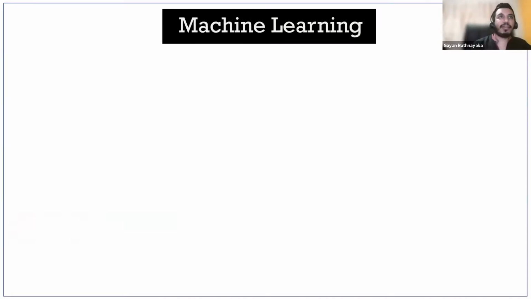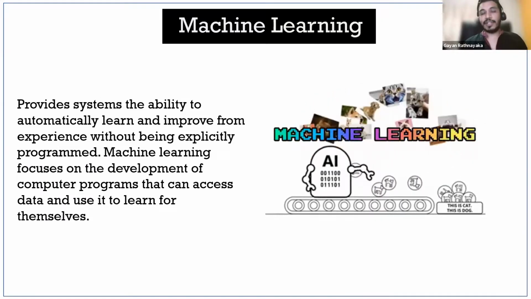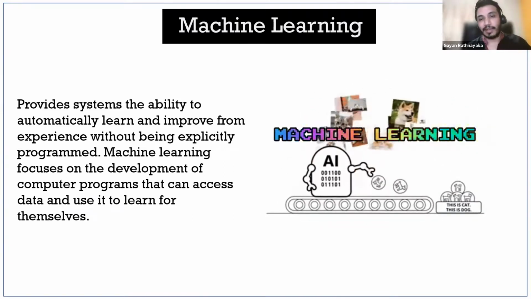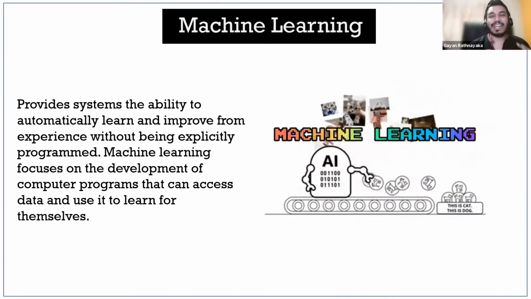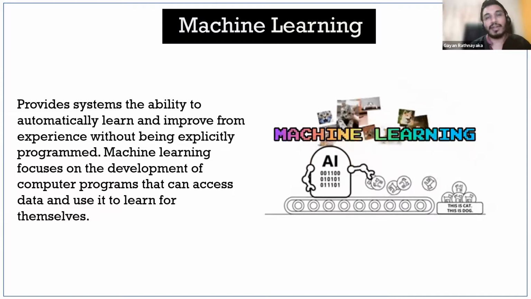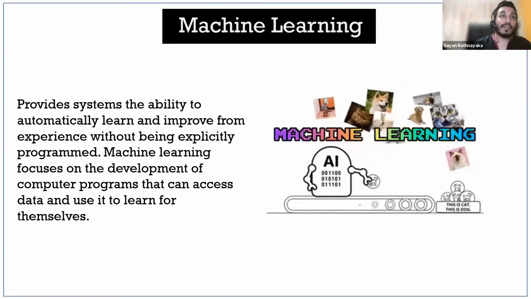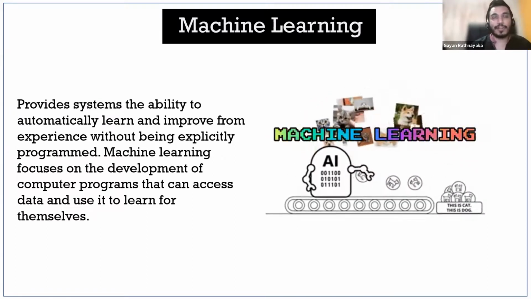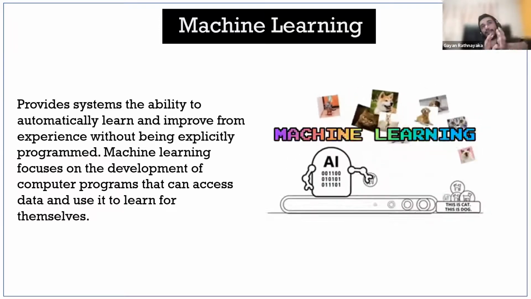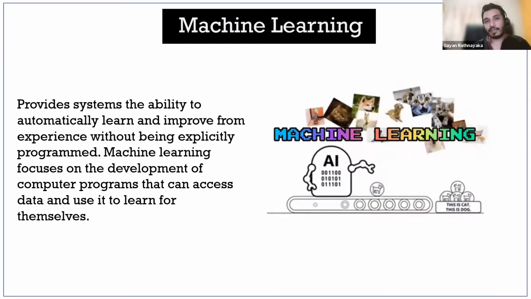So what is machine learning, right? Machine learning provides a system the ability to automatically learn and improve from experience. Okay. Assume in machine learning, you can provide data to the model. In the inception, the model is like a small child. It does not know anything. You can provide data to the machine, right? This happens in two ways. One is supervised learning and the other is unsupervised learning. In supervised learning, you provide data with labeled sets, right? And you get the response.